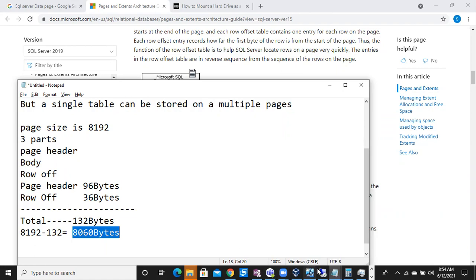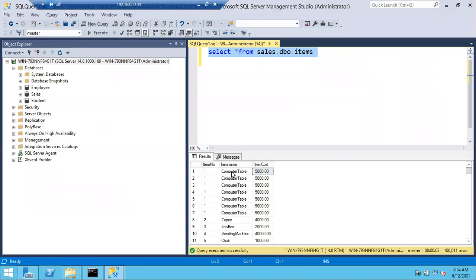If you go to SQL Server, I used a computer table in this record and the record size is more. If you see teapot and chair, the record size is less. The record size may vary depending on the data you insert into the table, so you cannot tell the record size exactly, and therefore you cannot tell how many records will be stored in each page.